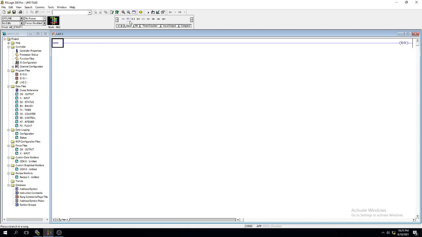First, we have to connect the input. Before that, just select the rung, which must be the red line. Then we select this component, Examine If Closed, which is our input port. We can give the value and select the input from our PLC and take the output. This is our input and this is our output. These are the ladder program components.